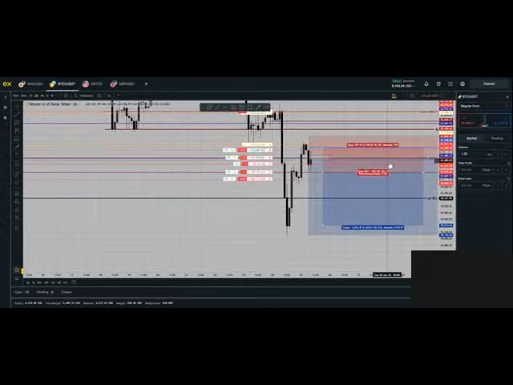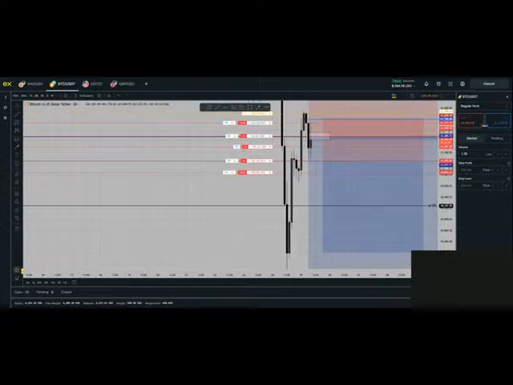Because right now we are currently fighting under this level of resistance that I showed you on the daily time frame. So as you see on the daily, this is the level I'm talking about, and price is currently beating around this place. I have thought in my head the price will fail to break. But if it goes through, this is where I think it can stop around here.